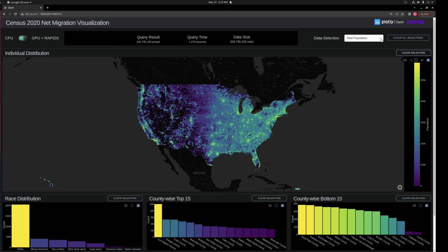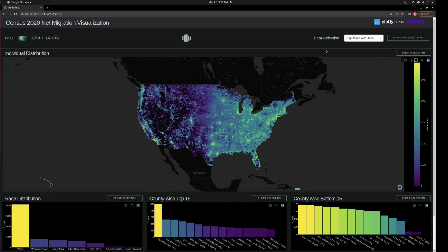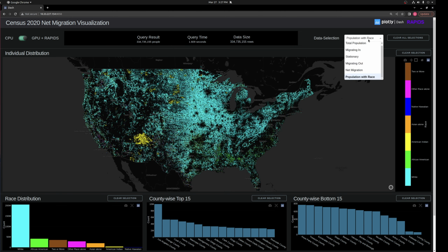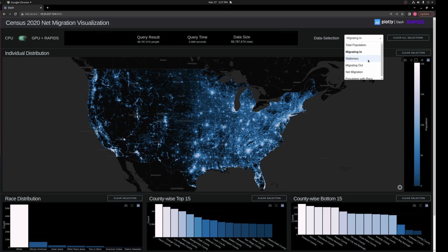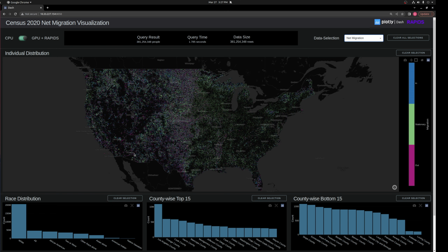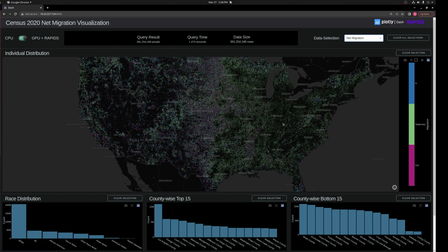With this new visualization, we have a couple of other data points used. In this case, we have population with race, which is an interesting perspective in the United States and the diversity of regions. We also have a perspective on migration in, migration out, stationary, and the most interesting is net migration between 2010 and 2020. If you see the entirety of the United States in this viewpoint, where migration in is blue, migration out is pink, and stationary is green,